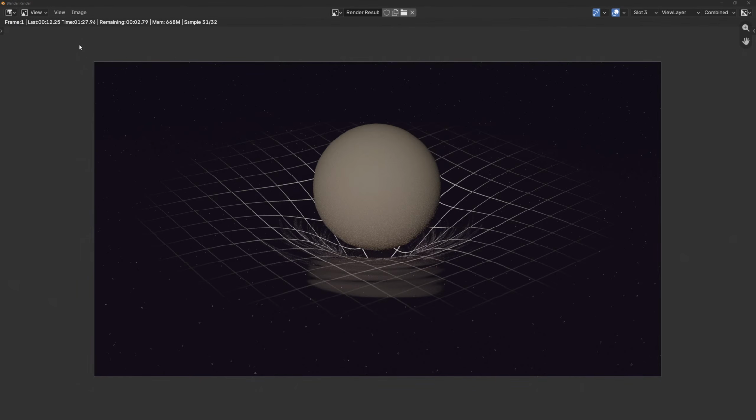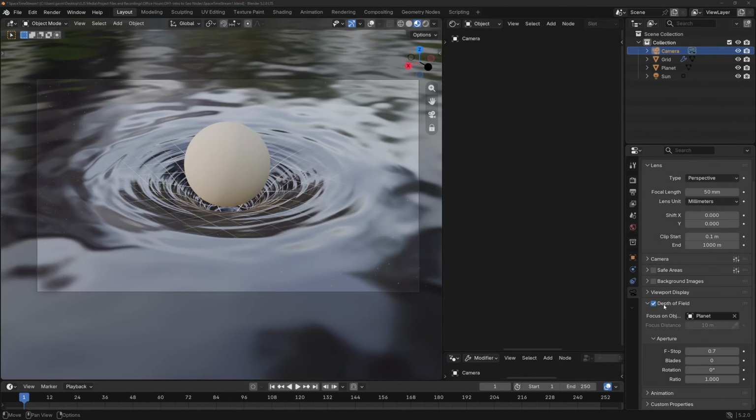So okay, I'll get rid of that for the rest of it until we get to the end, because for the amount of bokeh that we get in this render, at least it's not really adding that much. So I'll get rid of it for a moment, because we don't need to spend that much time rendering. So get rid of the depth of field, and then what we're going to do,